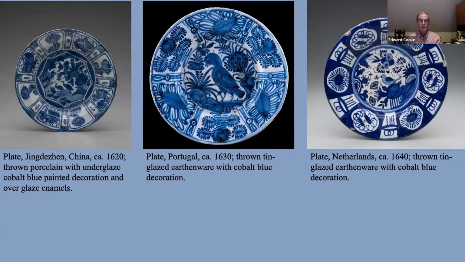And the Dutch come on and take over some of the Portuguese trade routes and start to produce a thicker kind of blue and white initially that's a tin glazed earthenware. So again, this is the way in which blue and white starts to spawn all these other kinds of local